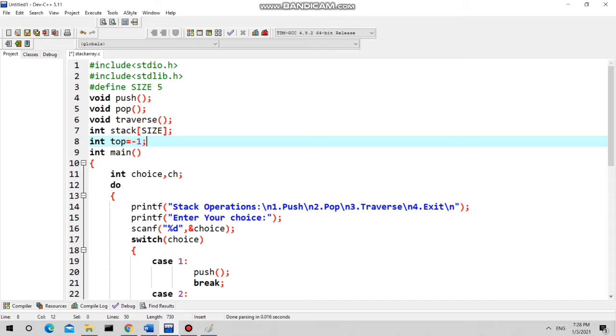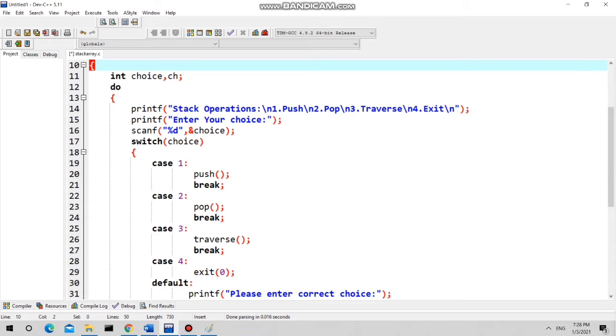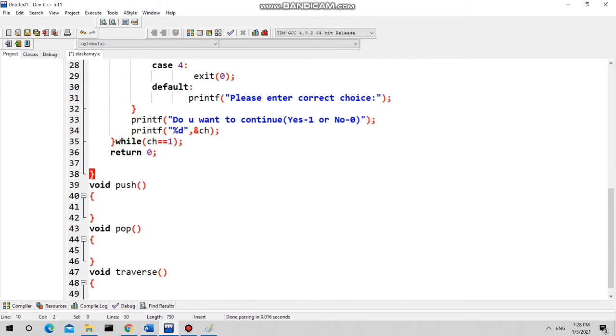I am initializing top with -1, that indicates the stack is initially empty. Right now I am creating the stack with size 5, but not a single element is present in my stack, and that is indicated by using this top. So this declaration should be at global level, because we are going to use them in push, pop and traverse functions.